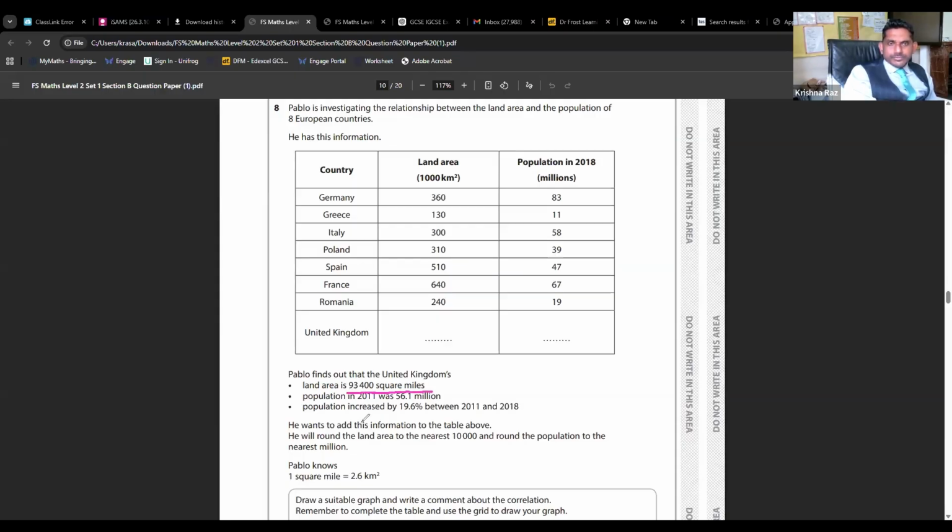All right, this one. Land area is this. And we're told the conversion here. So 93,400 miles. We would have to times by 2.6, get it into kilometers squared. That would give us times our 2.6. And that gives us 242,840,